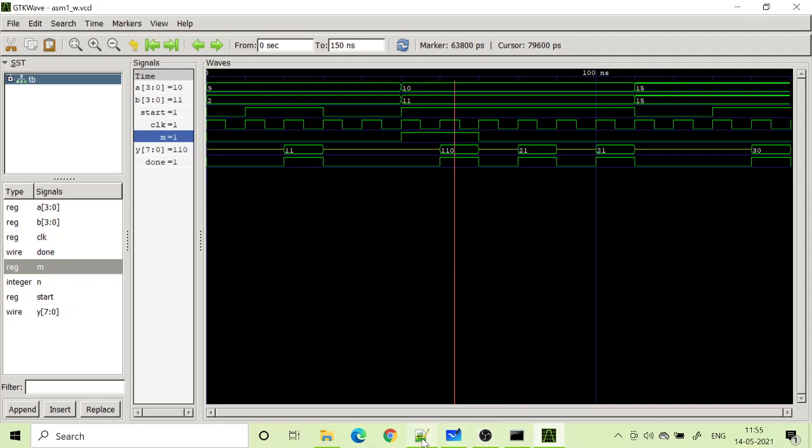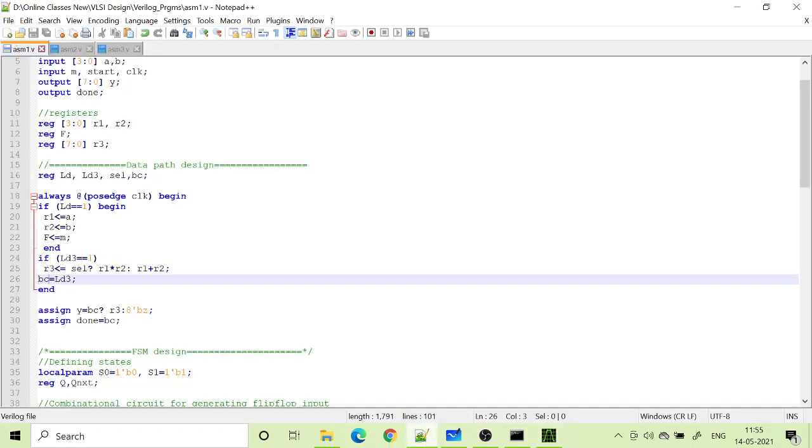And then if you go back to the program, there are some assignment operations here. Now another thing is that all the register transfer operations are done here. BC is also a register which is getting loaded with LD3.